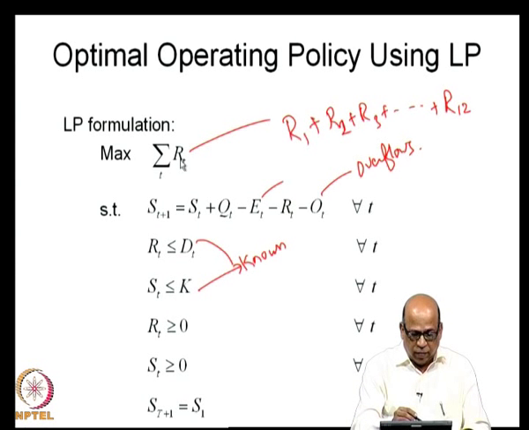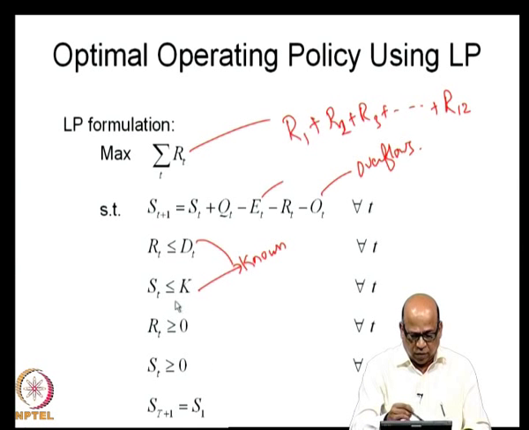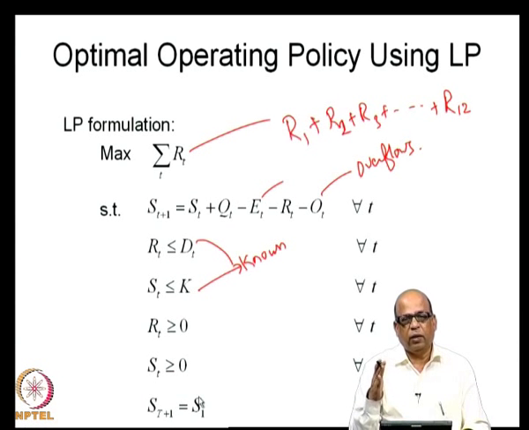So, because we are maximizing, RT will be increased to the best extent possible, but we put an upper cap of demand, which means that in no time period RT should be more than the demand. That is a cap that we put, so that we have water available for other time periods. And we meet the continuity equation, and all of these are standard conditions, and ST plus 1 will be equal to S1, where capital T is the last time period. We say that the storage at the end of the last time period must be equal to storage at the beginning of the first time period.